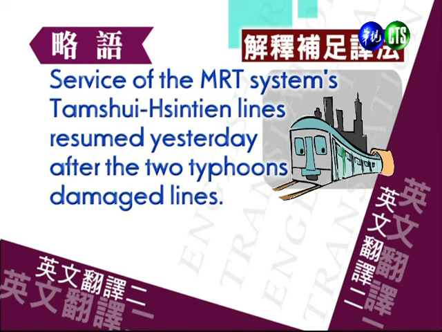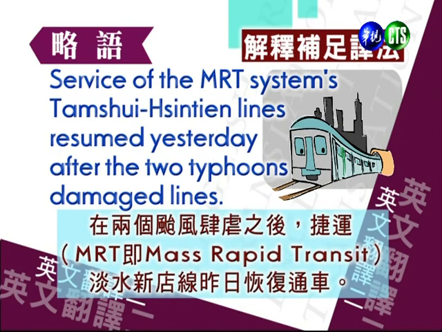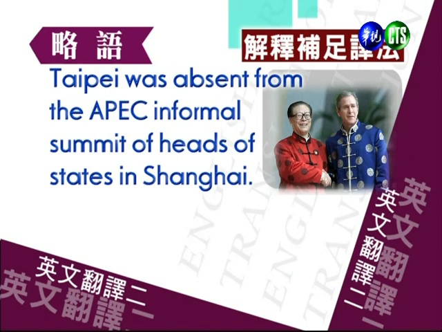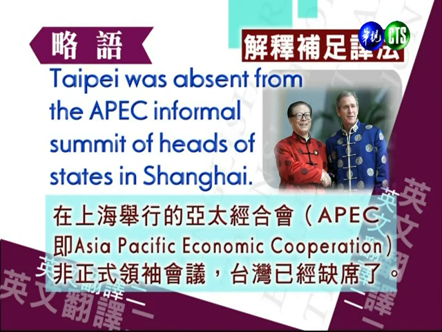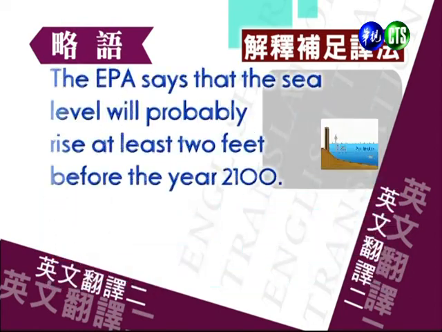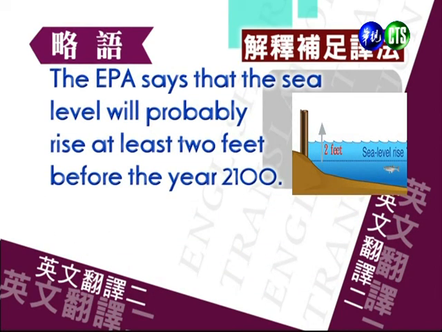Service of the MRT system's Danshui-Xindian lines resumed yesterday after the two typhoons damaged lines. 在2个台风肆虐之后，捷运 MRT 即 Mass Rapid Transit 淡水新店线昨日恢复通车。好，我们看下面。Taiwan was absent from the APEC informal summit of heads of states in Shanghai. 在上海举行的亚太经合会 APEC 即 Asia Pacific Economic Cooperation 非正式领袖会议，台湾已经缺席了。我们请看下一个。